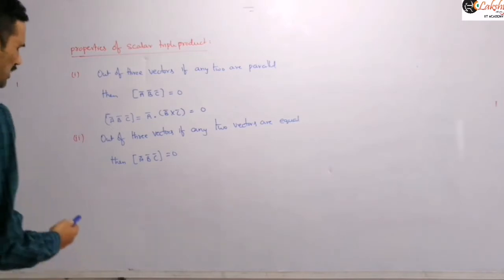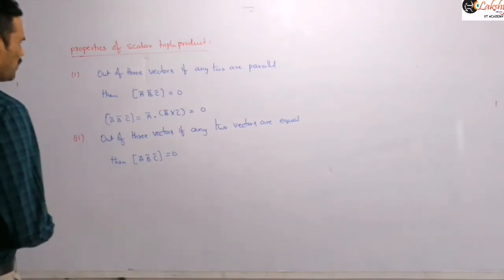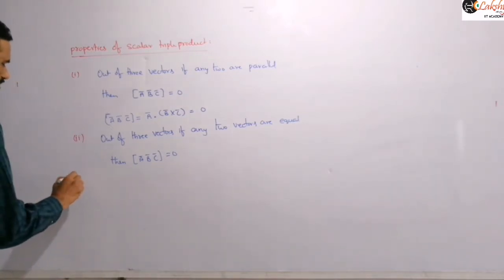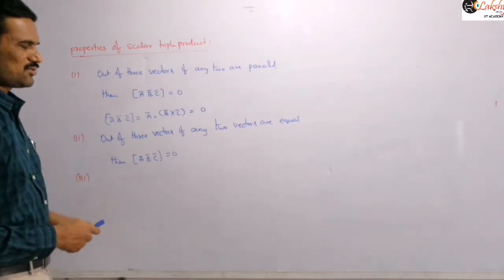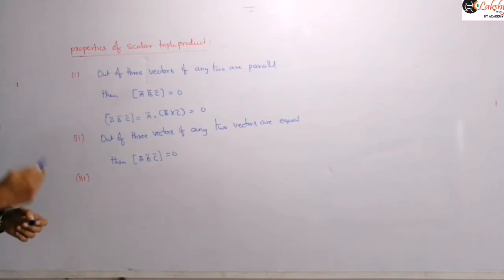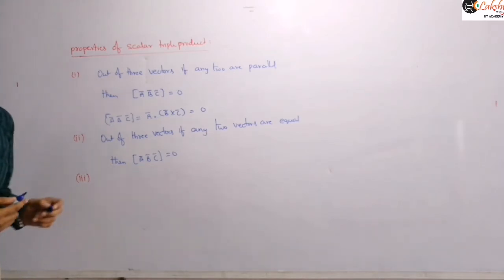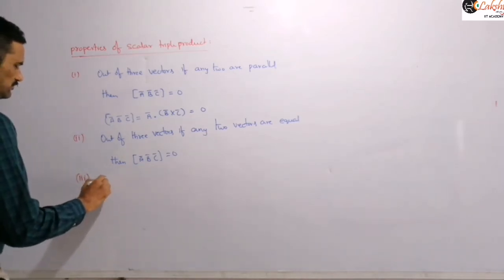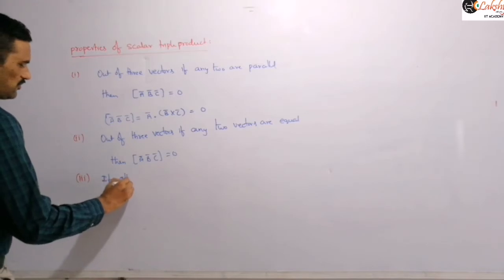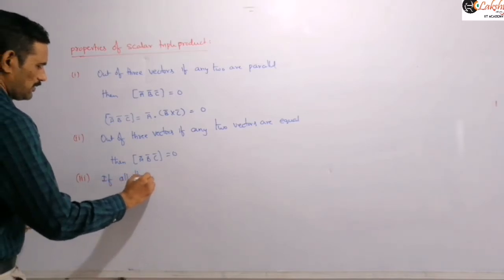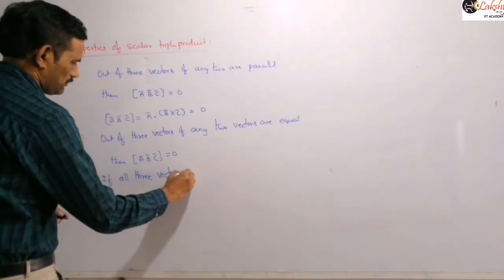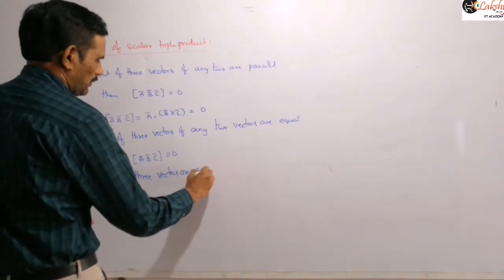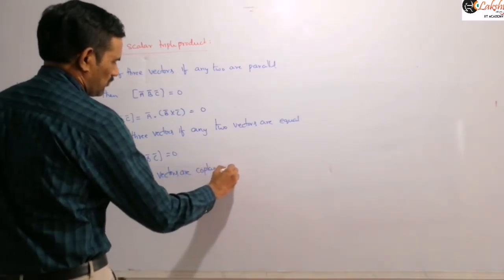And next, I am taking another important property, or important application, of this scalar triple product. This is actually what we are discussing the triple product of these vectors for. If all three vectors are coplanar vectors,